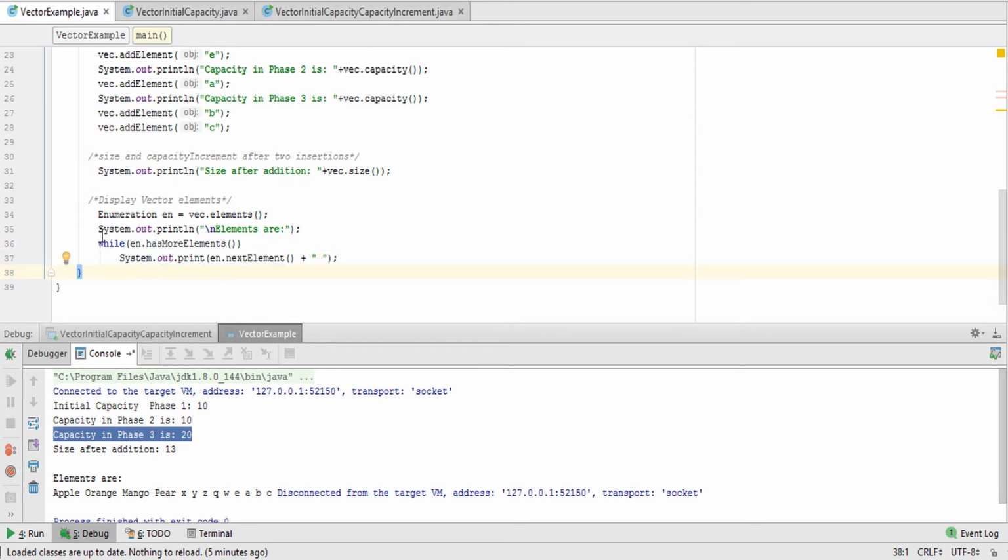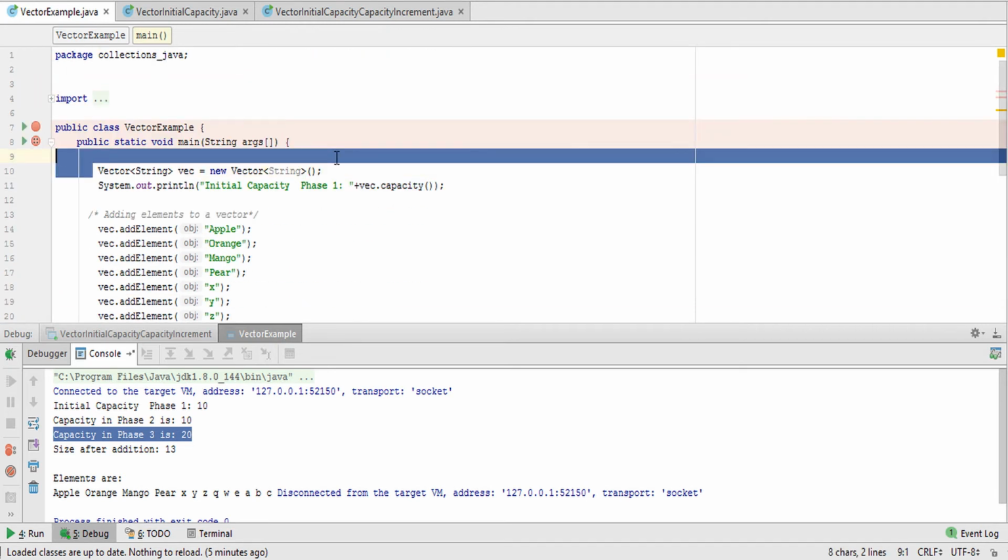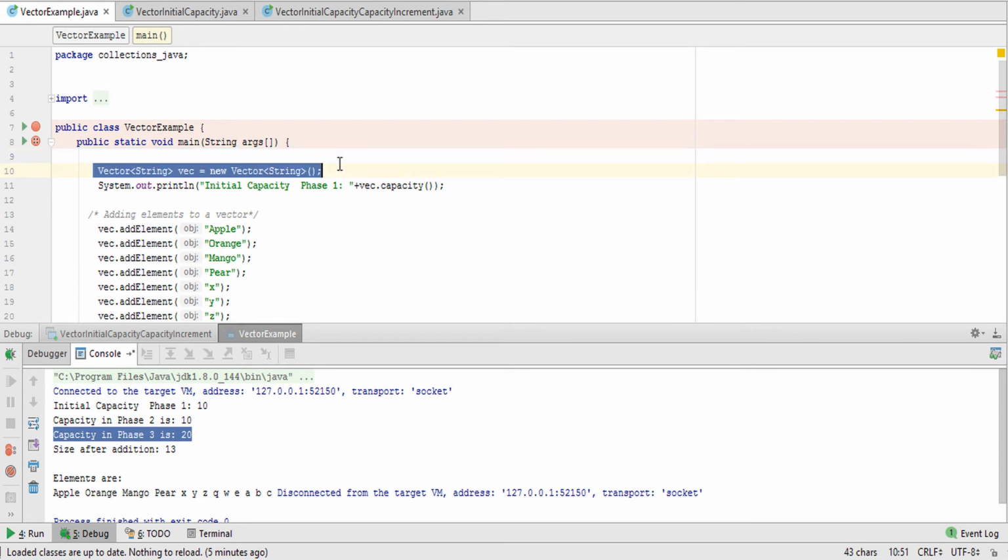After the loop has ended, the program ends. So this is the first way to create a vector without any predefined size assigned to it. The default value will be 10, and after the insertion of the 11th value, the capacity will grow by 10 more, that's 20. I think the first phase is now very clear to you.